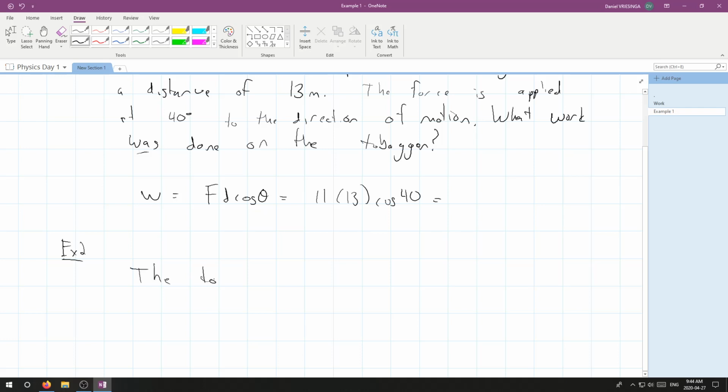The toboggan. So let me just work out this answer before we go on, because I want to still use the same toboggan. All right, so this answer is 110 joules, okay? And it's positive, which means somebody put some energy into that toboggan to get it moving. The toboggan is moving